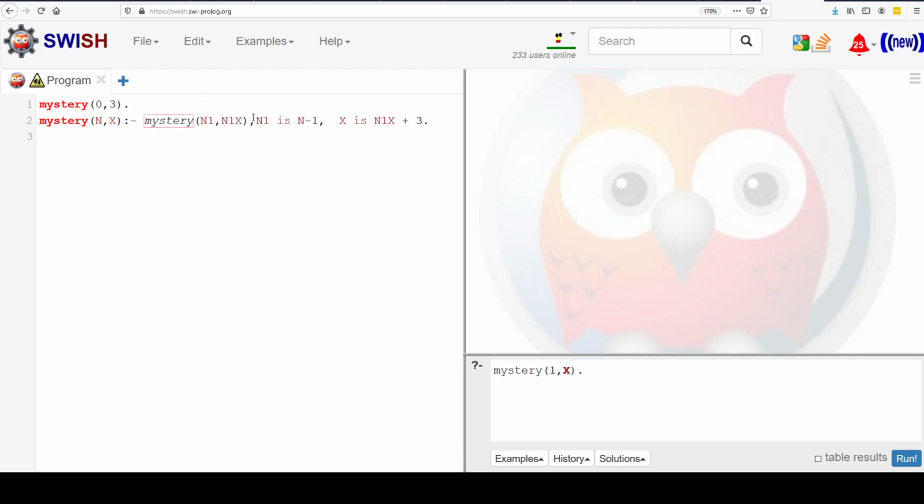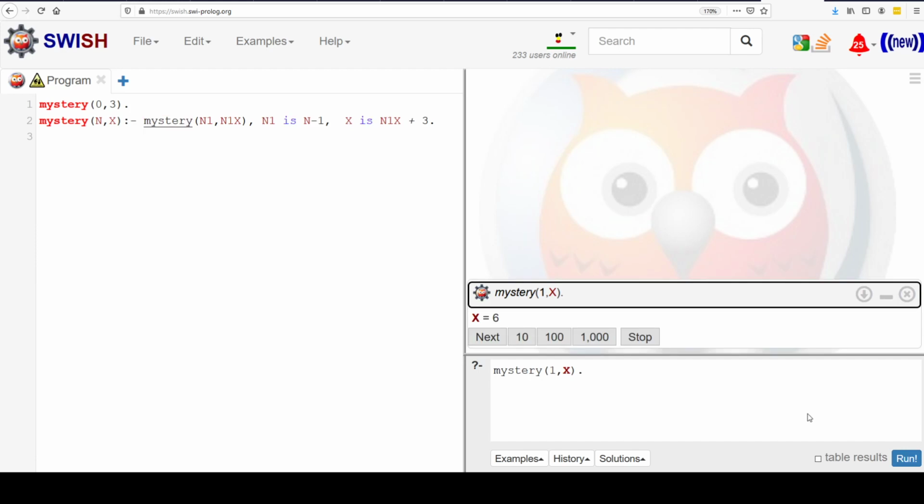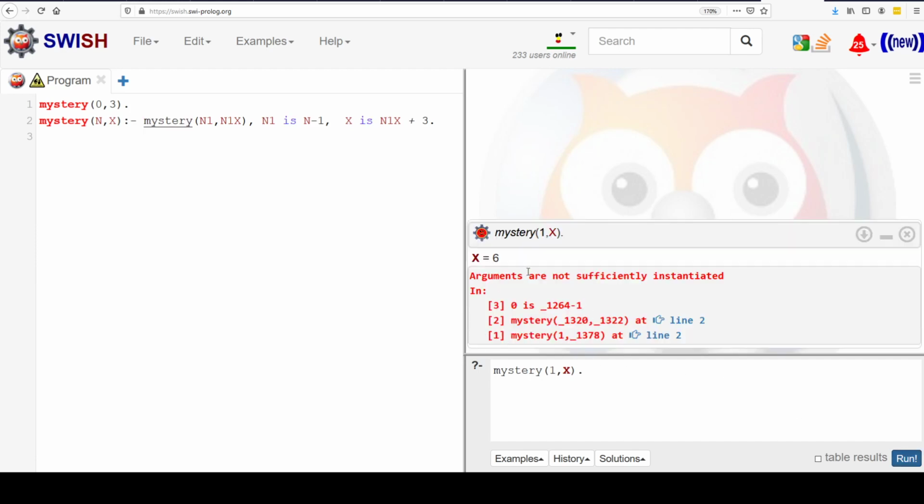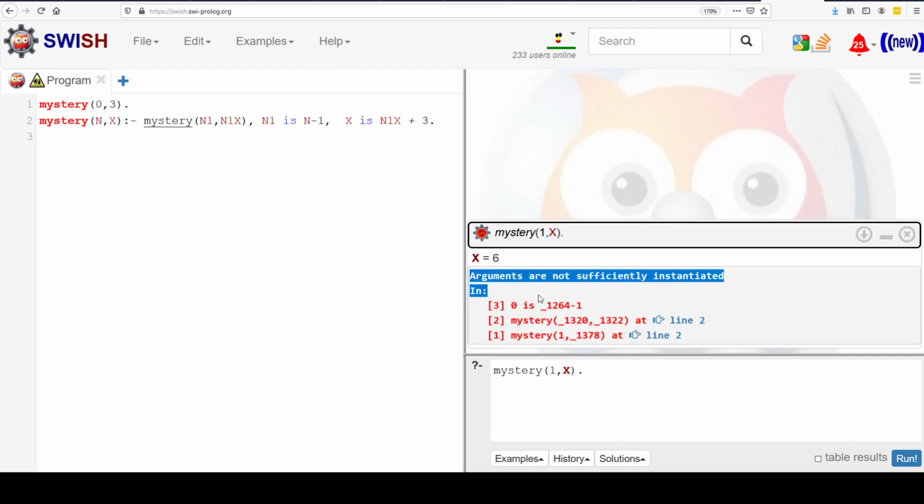Let me go ahead and run it. An error that says arguments are not sufficiently instantiated. So what is this error? How is it caused? I've had a lot of students talk to me about seeing a lot of this error, or something very similar to it. And so the trick to this, and this is important, as you go through,